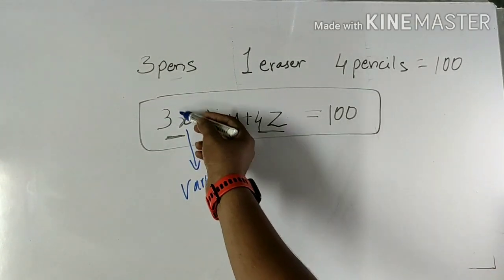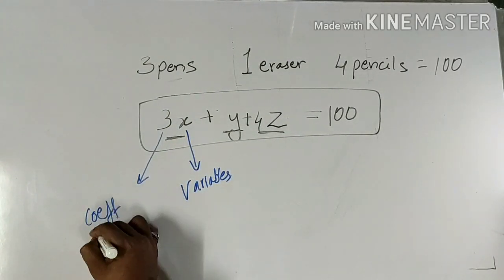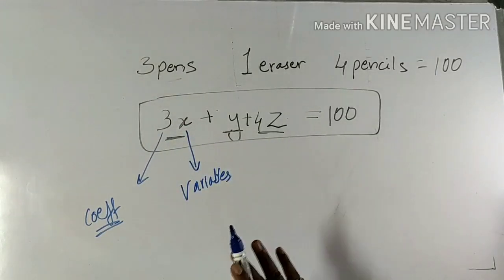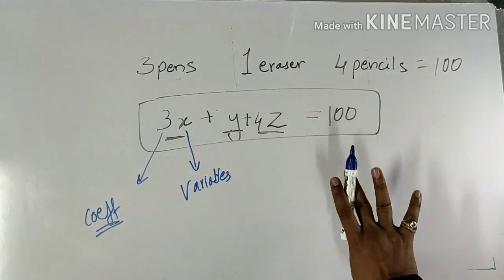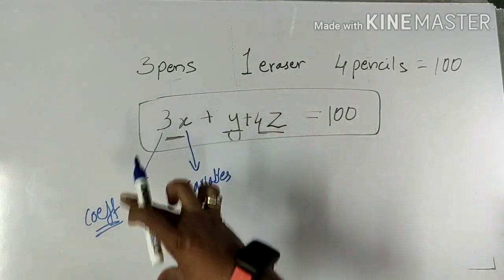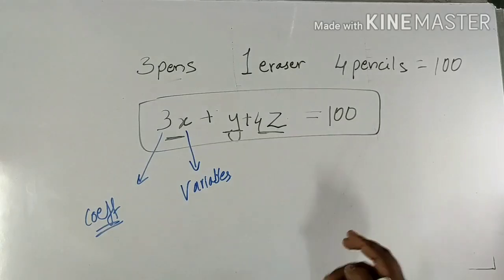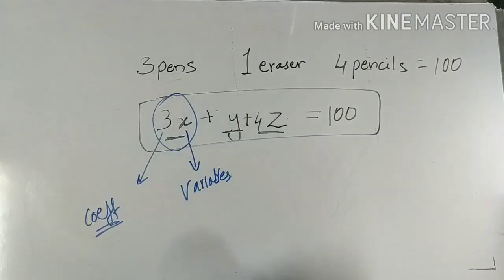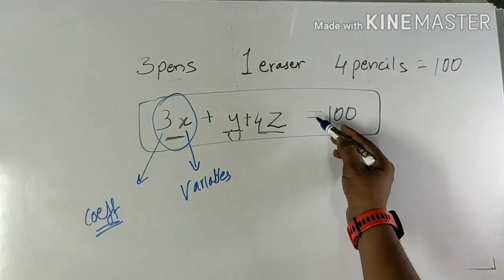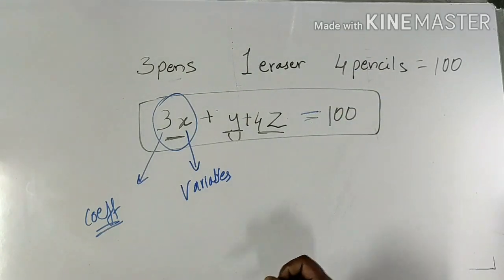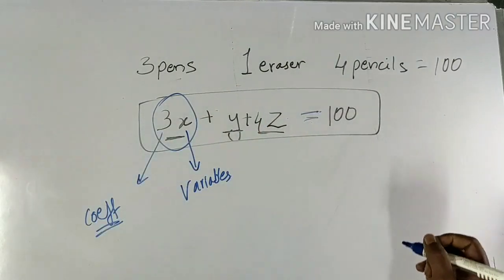So the number that you have along with the variable is called as a coefficient. No matter the value of this coefficient remains same. 3 means 3 only, 1 means 1 only, 4 means 4 only, its value cannot change. But because this variable is multiplied to this coefficient, the whole term's value varies, and hence the whole term is called as a variable. And if this algebraic expression has an equal to sign and is equated with some constant or a number or another term, this together is called as a linear equation.